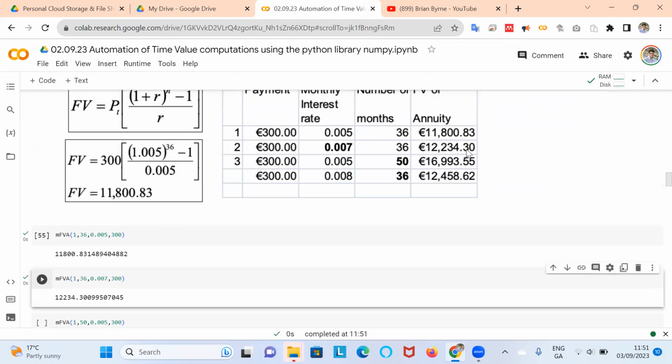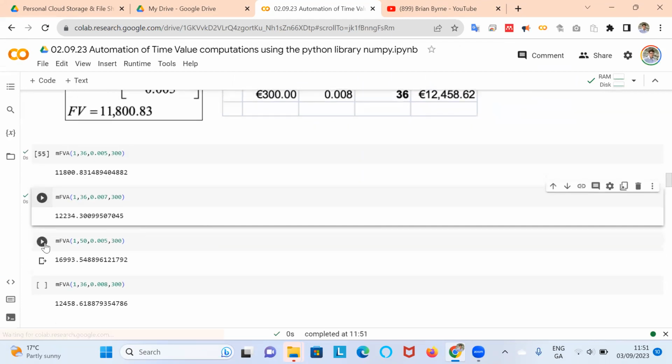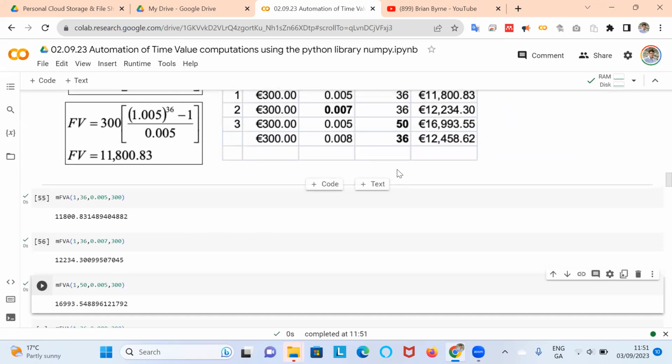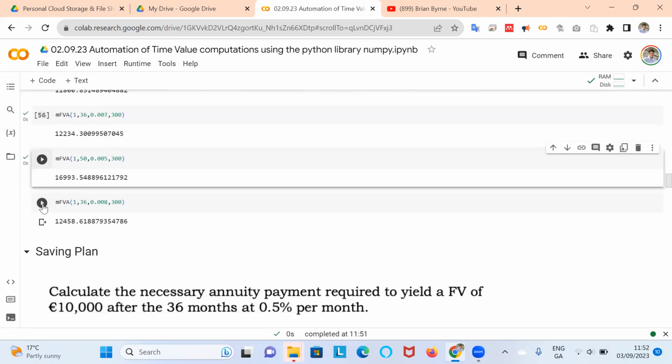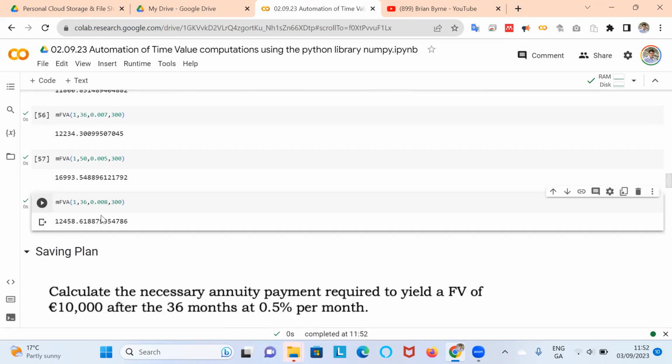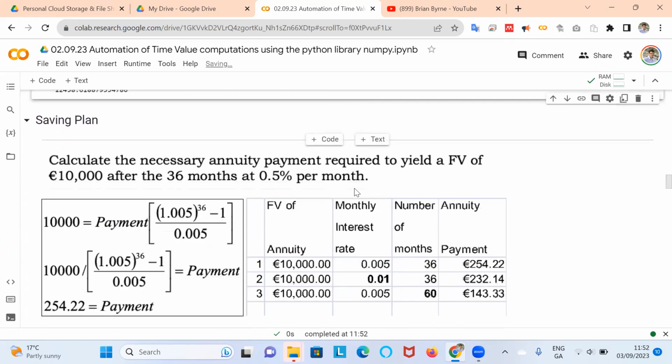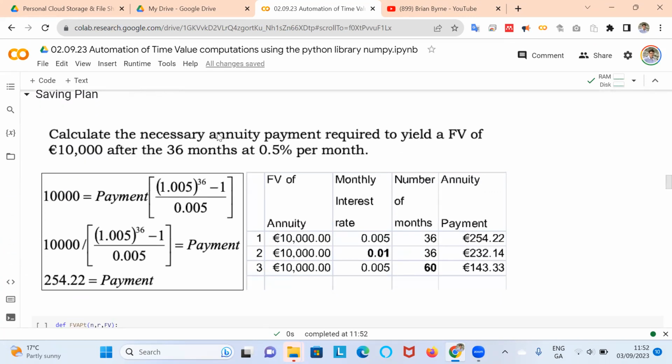Let's just verify those figures. Okay, it's the same as here. 16,993, same as here. And 12,458, same as here. Okay, calculate the necessary annuity payment required to yield a future value of 10,000 after 36 months,